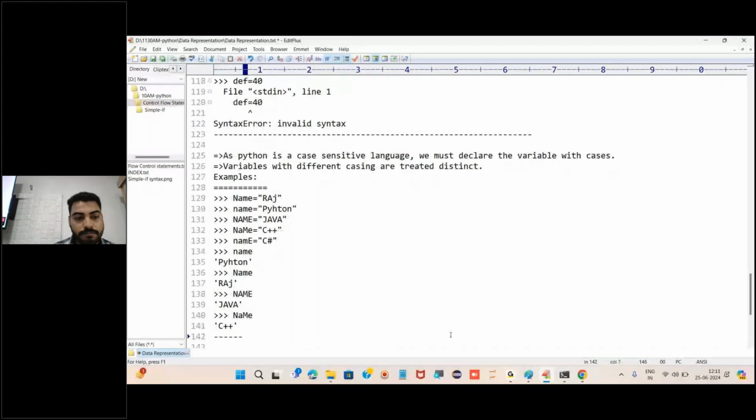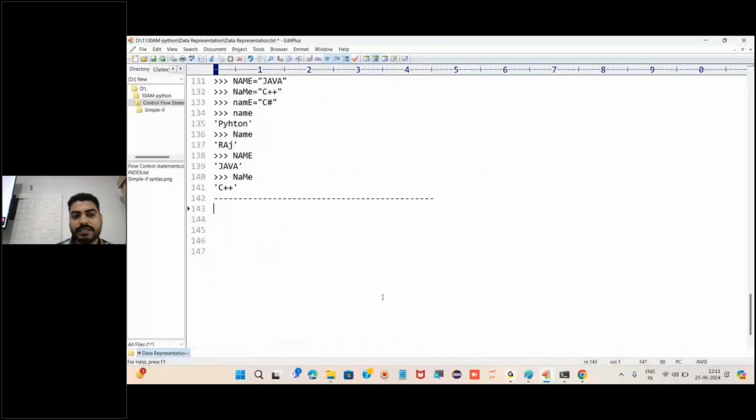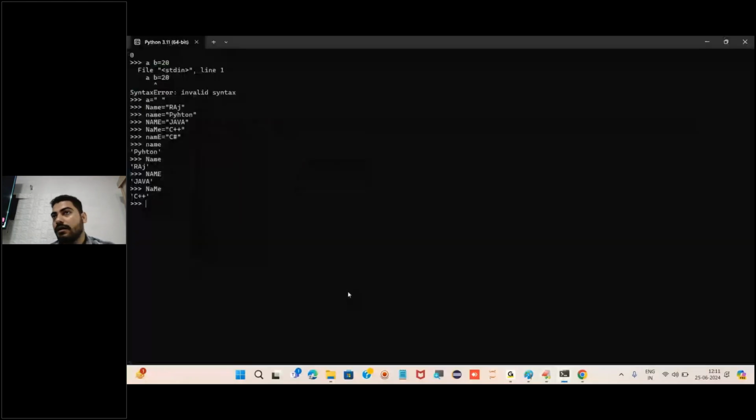Okay. So this is about rule 4. And rule 5, I should not say it is a rule 5, it is a recommendation that for a variable name, always use efficient and small names. When I say small name, that means, let's suppose the user or the programmer wants to